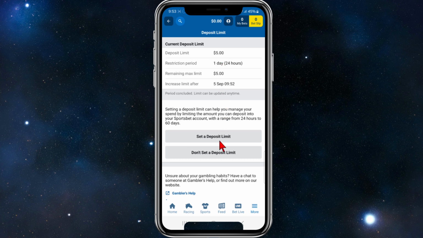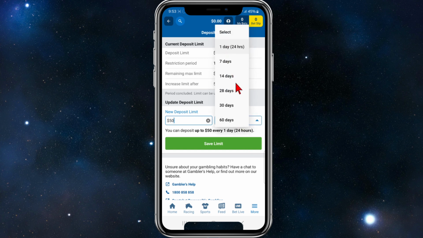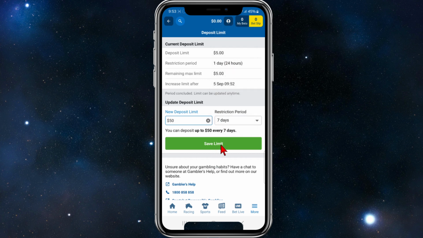So if I want to set a deposit limit, so new deposit limit, if I set this say at $50, and then under restriction period, so you can change this too. So at the moment I've got 24 hours, I can change it for 7 days, 14 days. So if I want to change it to 7 days, I can select that as well,